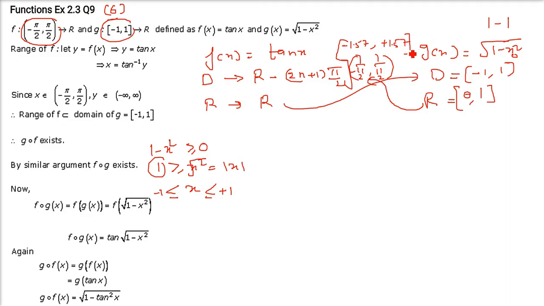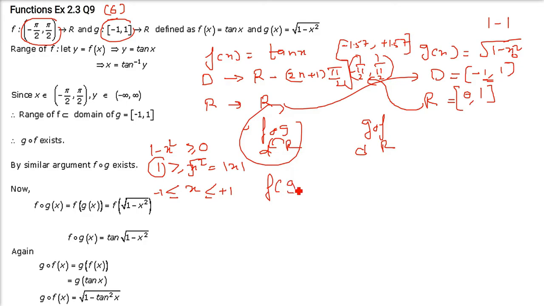Right? But I'll tell you how to find out if this case is there, when the range is not the subset of the domain. So how to do this, we'll just see. Let us find out f of g x. The range should be the subset of the domain. So in g of f, the range of f should be the subset of the domain of g. I'll tell you in a question coming how to do that, because we have to define a range or a domain for which it is legal or defined.